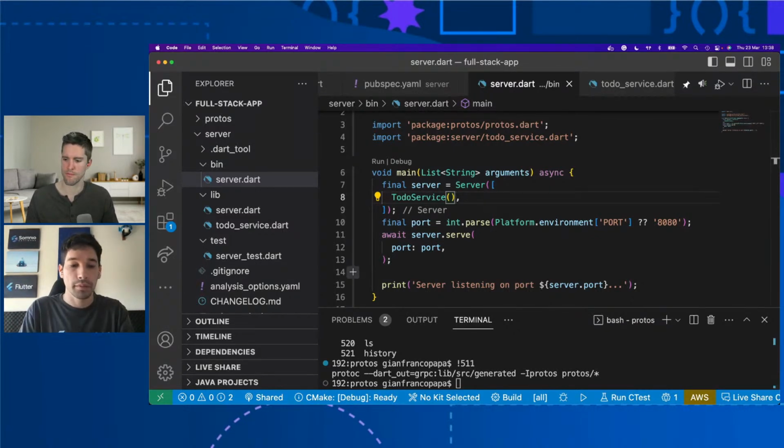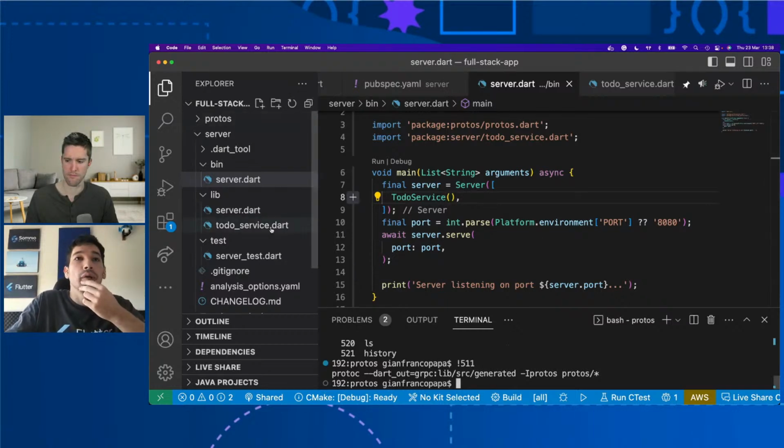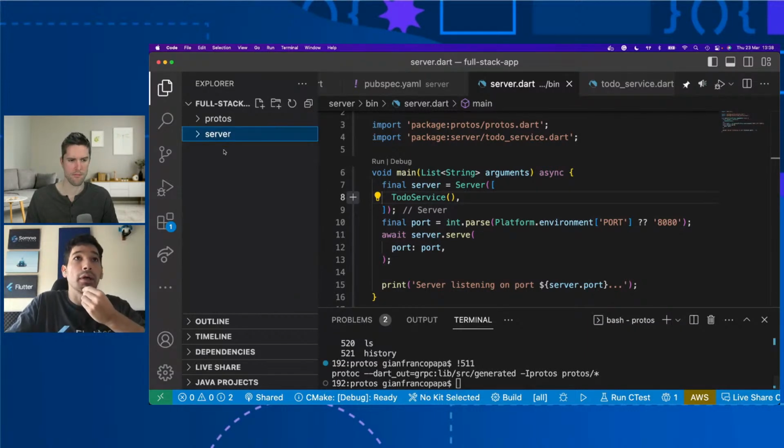Okay, so the last thing we need to do is to create our front-end app, our Flutter app, right? So we have everything running. We'll need to create another folder.